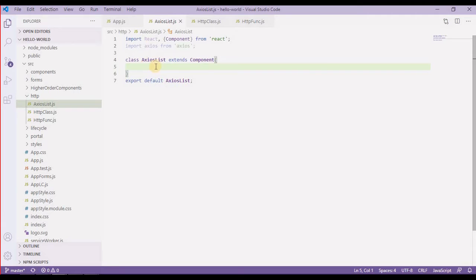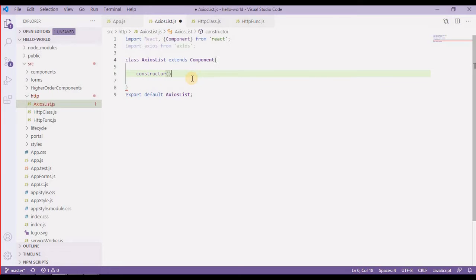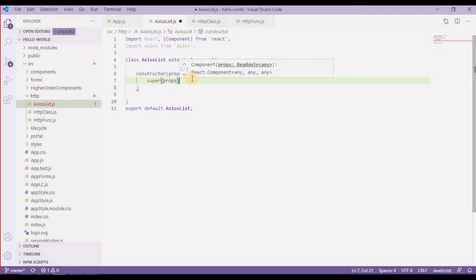Now inside it I'm going to have a similar constructor. I'll type constructor, pass the props, and call the super method with props.